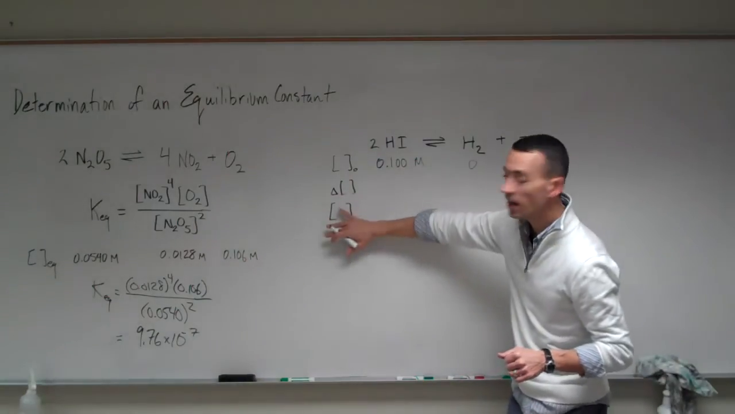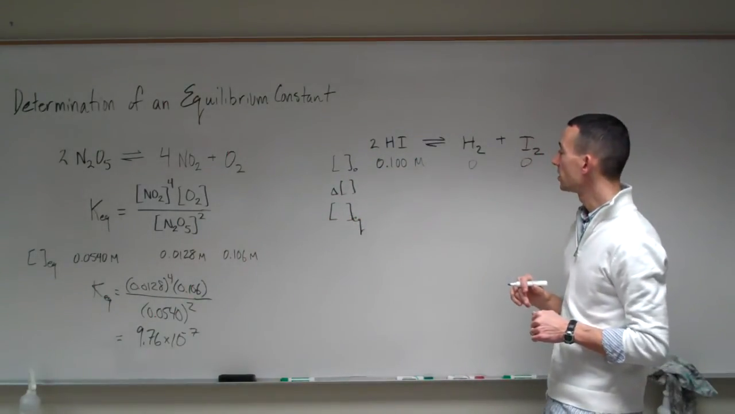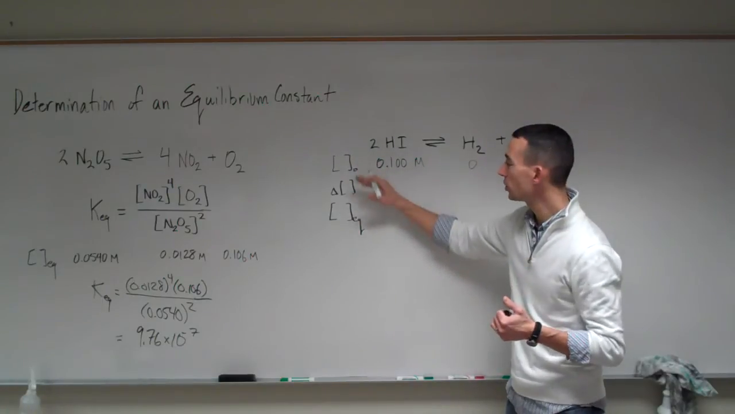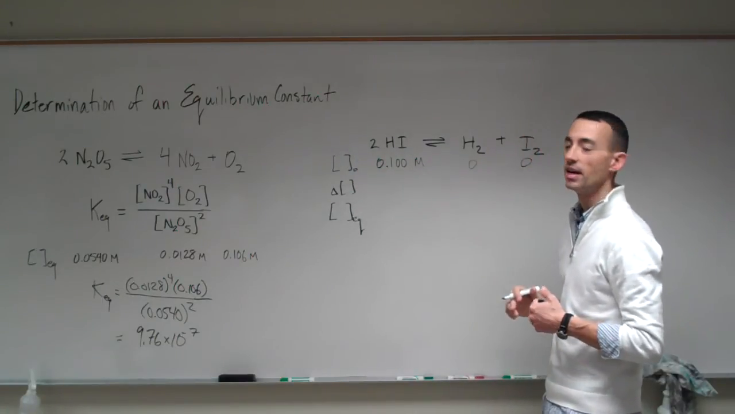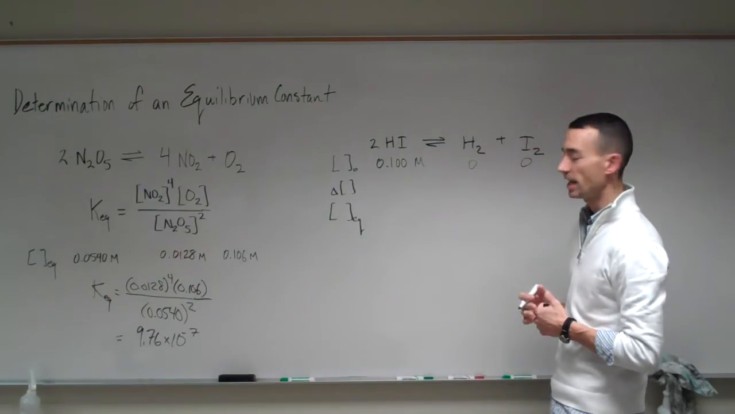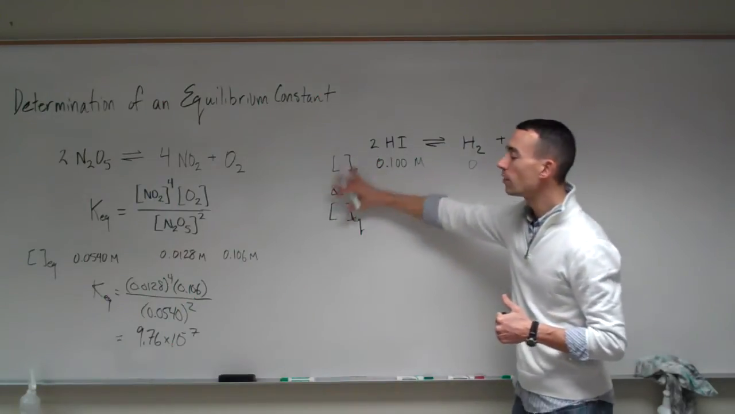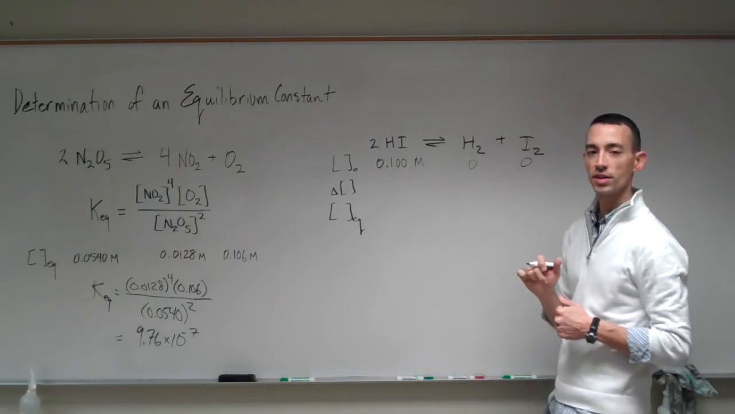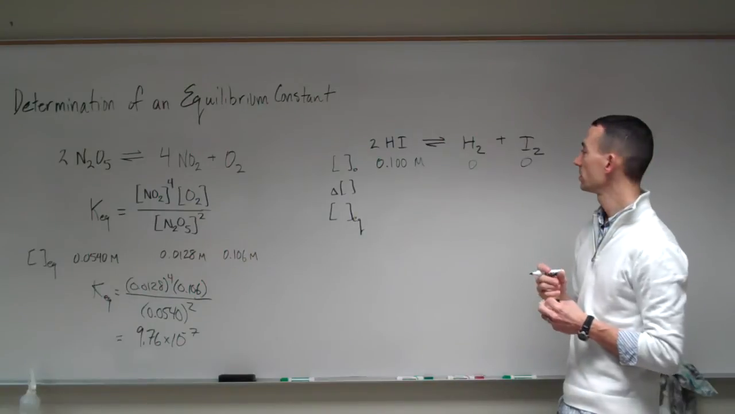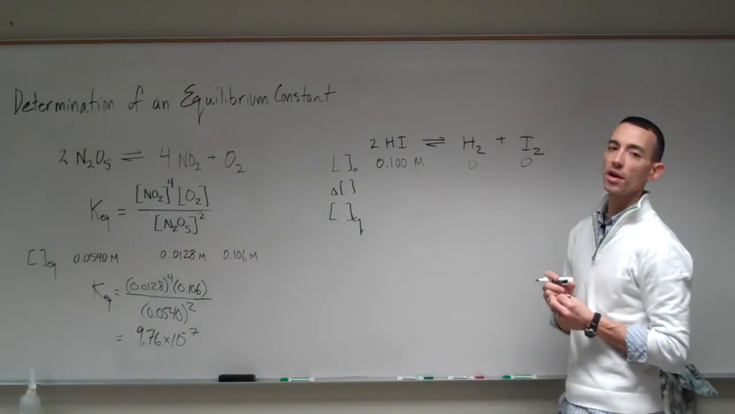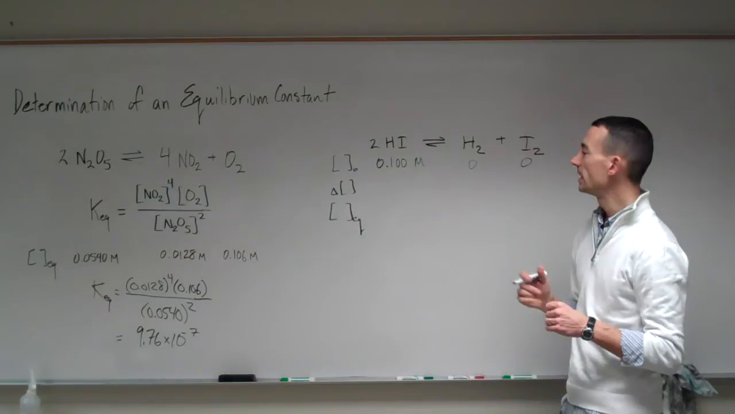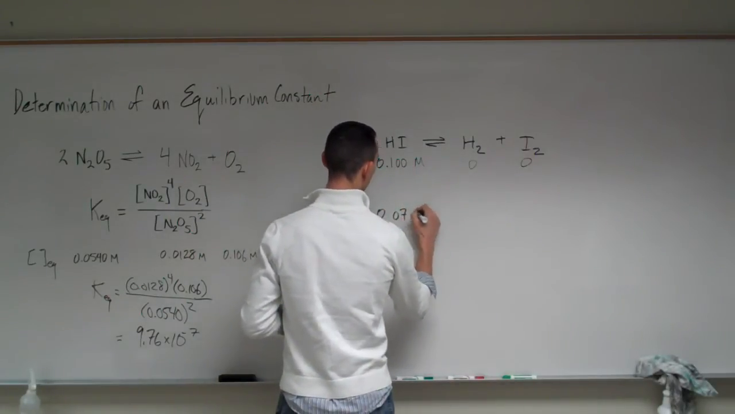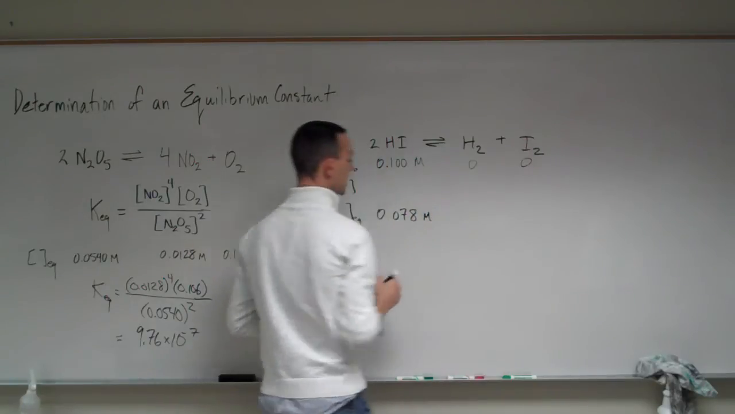Now what I've set up on the left side here is what we call the ICE table, the initial, change, and equilibrium table, or an equilibrium reaction table. We're going to lay out the changes that occur to help us find the equilibrium concentrations of each one of these species. Okay? So we're told that one other number is measured in this experiment, that at equilibrium the concentration of our hydrogen iodide is now only